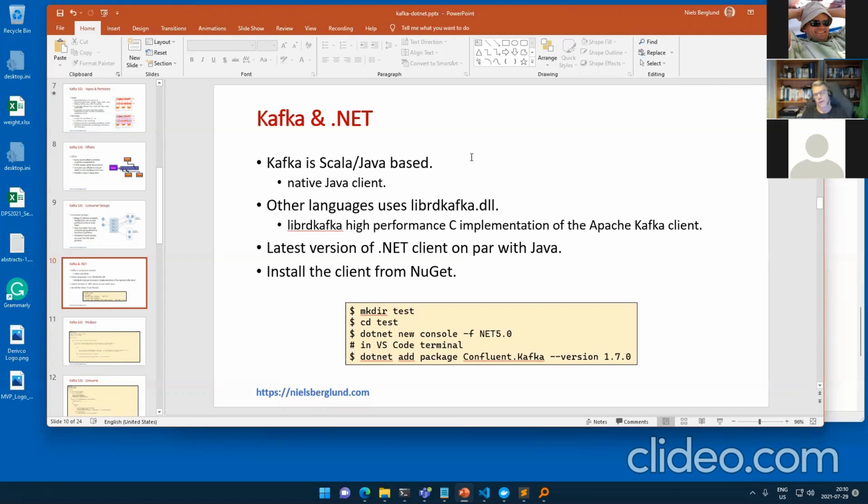The latest version, well, quite a few since a year or two, the .NET client is now on par with the Java client, just because it uses a librdkafka version that is on par with the Scala Java client. Cool. So to use this then,